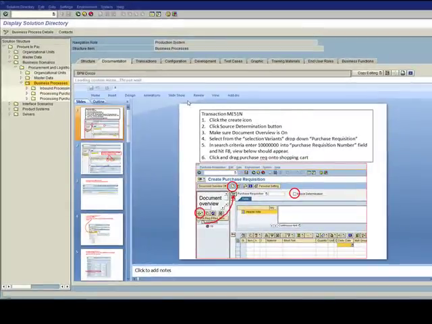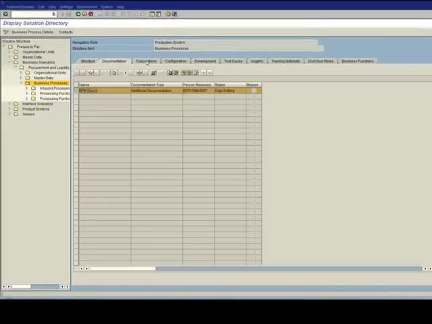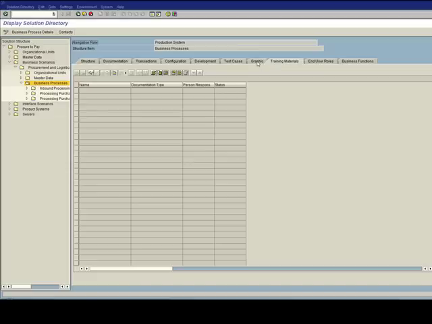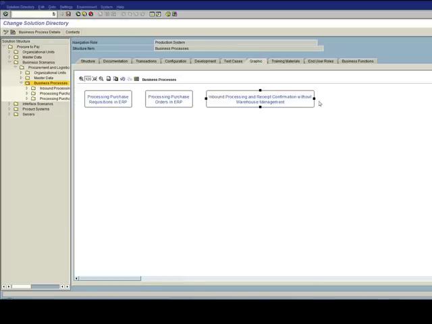Alright, other things I can link to this might be training documentation, might be testing cases. Alright, so I might even have training materials and the graphic lastly. So the graphic shows me the visual. Let's modify